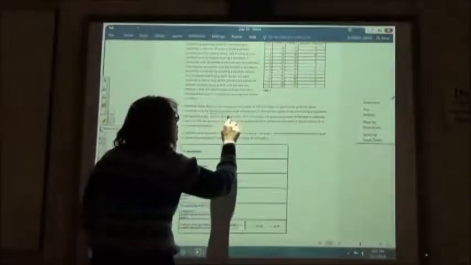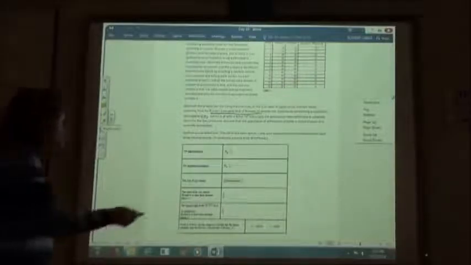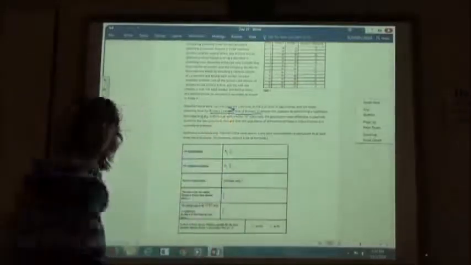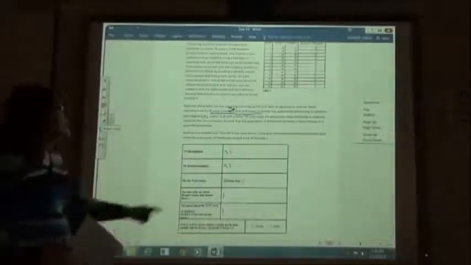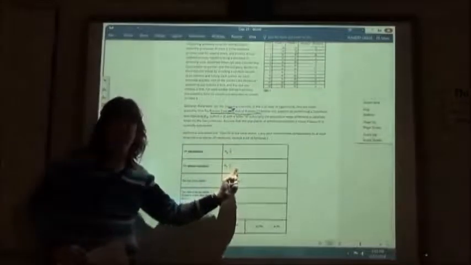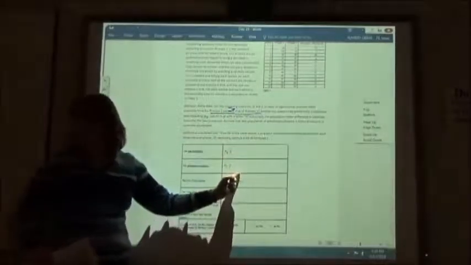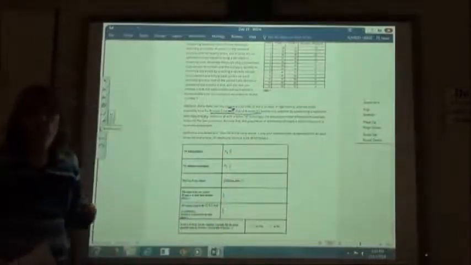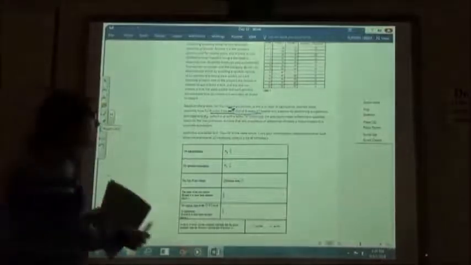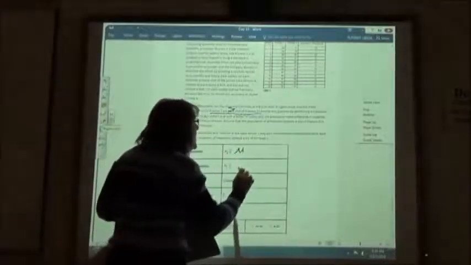This one wants to know if process 1 exceeds process 2 instead of saying the difference. If something exceeds something, it means that it's greater than, right? The word exceeds means greater than. Since this is a greater than, that's going to be my alternative hypothesis because my null always has to have the equal. So here, U sub D